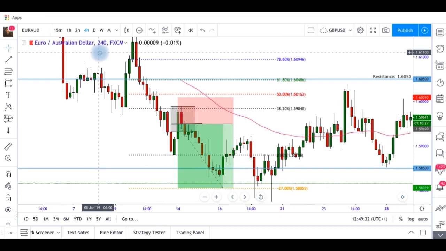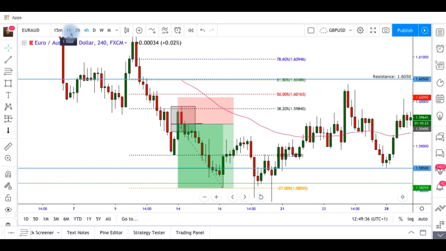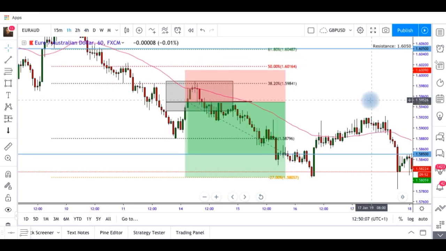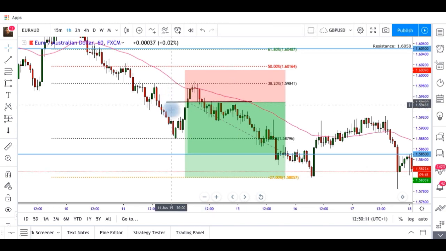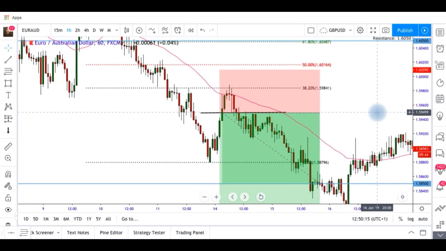So let's now zone down to the 1 hour and see if we could have got a better entry than this. Okay, so this is now the 1 hour, and you can see here our black line is where our 4 hour entry would have been. Now again, it was just really not necessary for us to wait for a 4 hour closure. We can actually see on the 1 hour as well, we've got the 50 EMA, which was helping us with